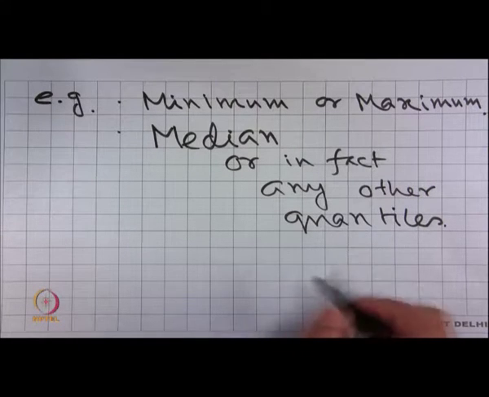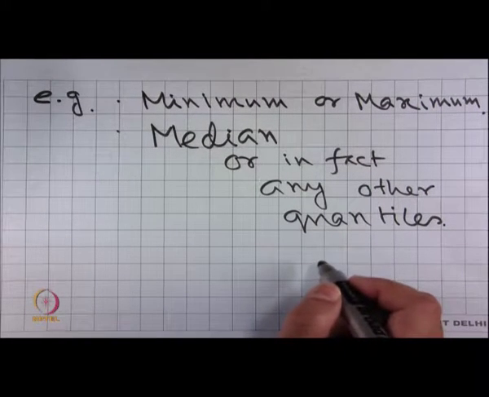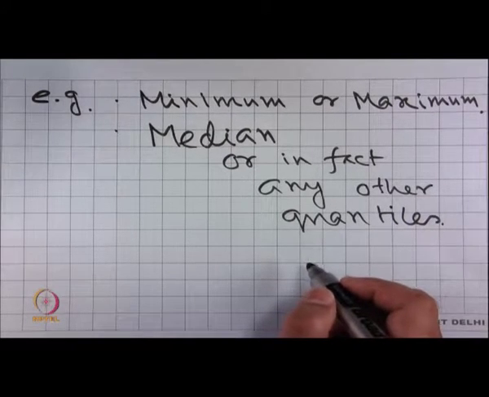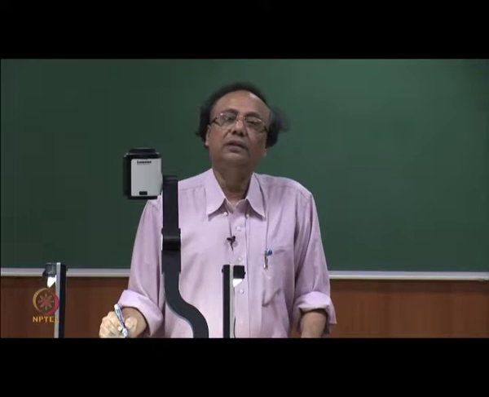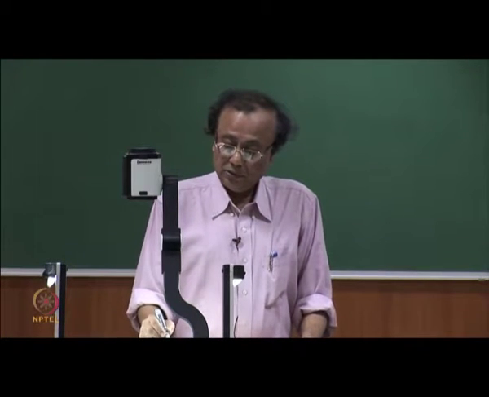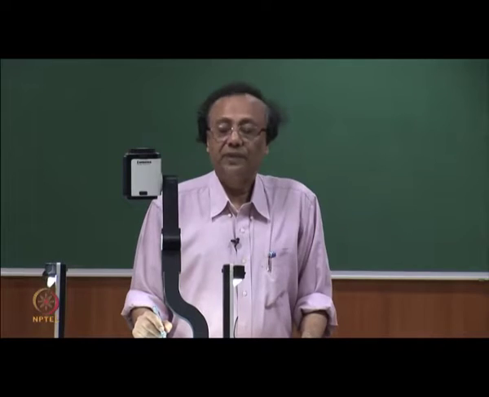For example, what is the 10th percentile of the population, or what is the 25th percentile, which is the first quartile of the population. So, we may like to estimate things like that,